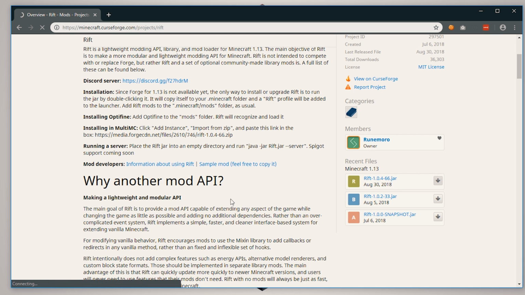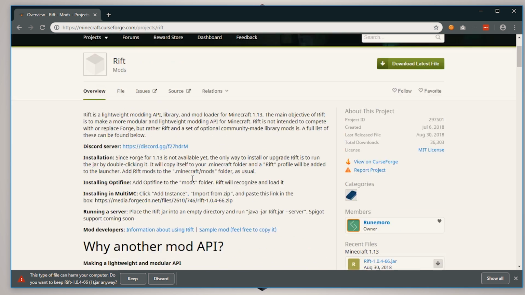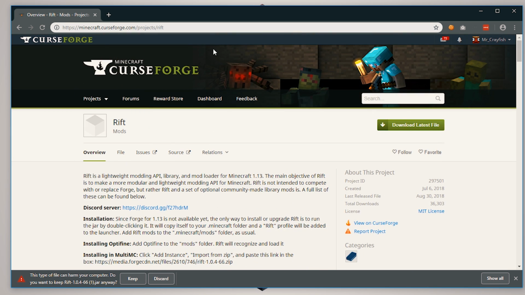So let's go ahead, click download mod here, and it's going to download it. Now, as I mentioned in a ton of my tutorials when installing mods, Chrome is actually being good at this point, and it's warning you that this type of file can be harmful. However, we are downloading this from CurseForge, and what happens here is when people submit a mod on this website,